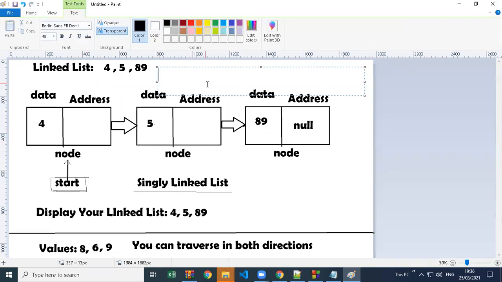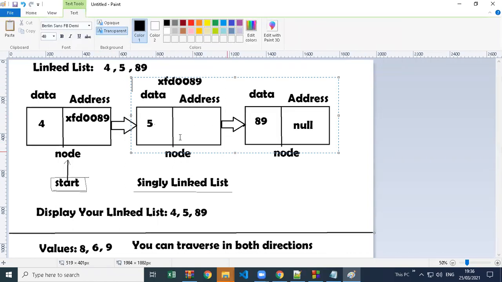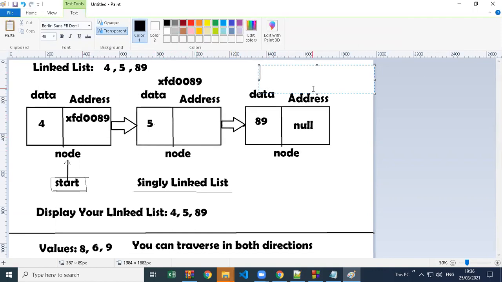And just to remember, instead of keeping that address blank, I will write here something like this. As an example, it has xfd 0089. This is the address of this memory. Assume this. So I'm copying this address and I hope it will fit. Yes. So to remember, this is the address of the complete entire node, not of data or just of this memory. You see its address is xfd 0089, and the next node, let's say, has the address